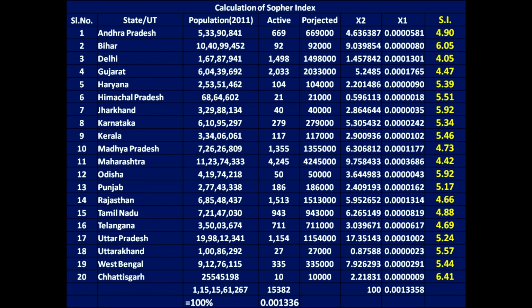Next, here is the calculation sheet. You must remember the total population 100, and these will be reflected by the arrow sign. COVID active population 0, total COVID active population 0.01336, which is to be reflected by the arrow sign. Now